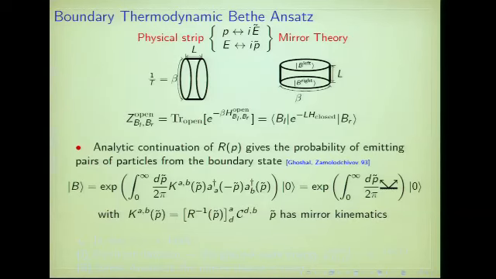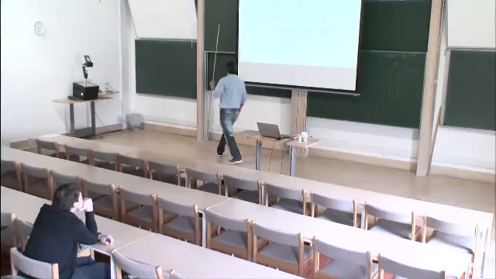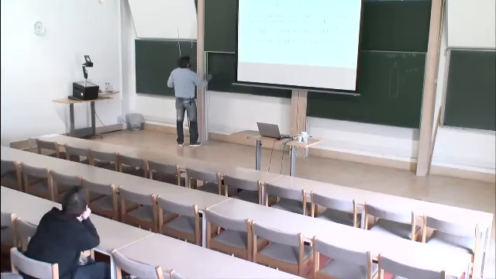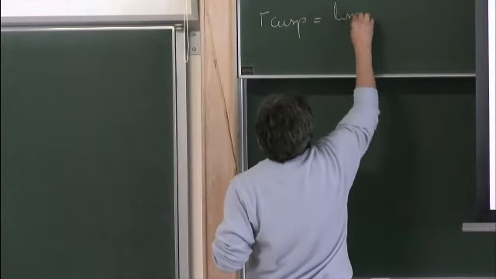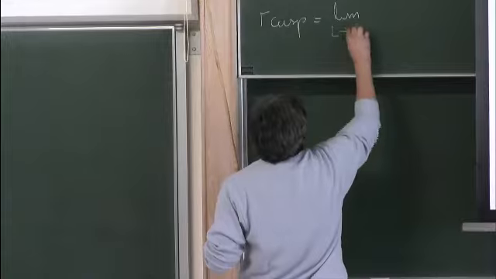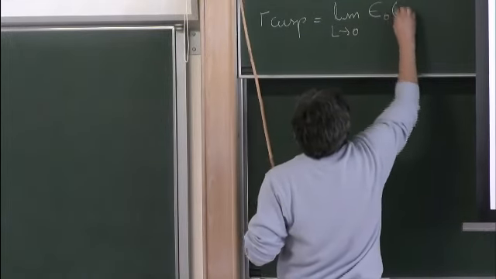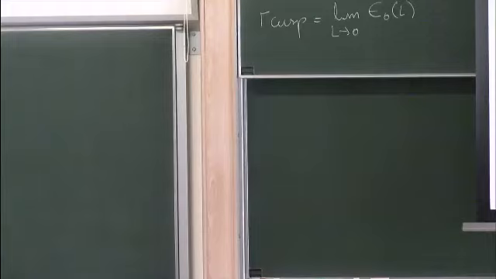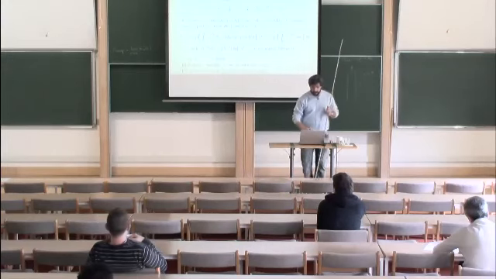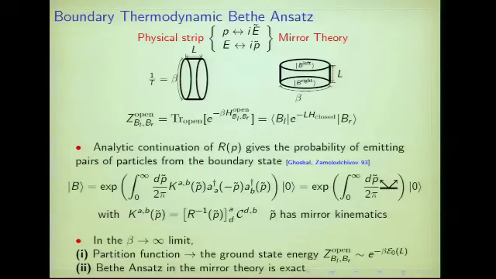But remember, we don't want the partition function. What we wanted, let me just write it here, was to compute the cusp anomalous dimension. That was nothing but the limit as L goes to 0 of the energy of the fundamental state, which is going to be a function of L. So, instead of considering the full partition function, we're just going to take the zero temperature limit of this partition function. In the physical picture, the partition function is just the exponential of the...